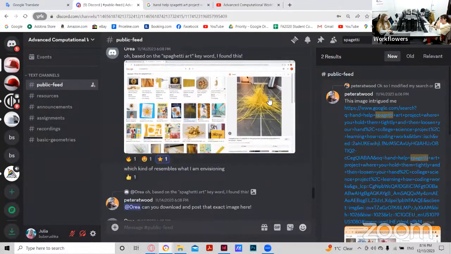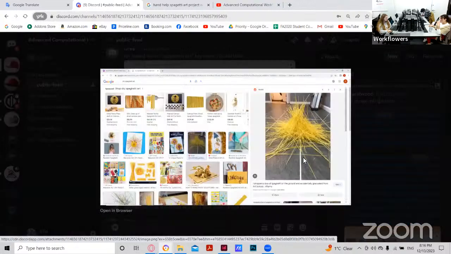Yeah, next iteration, based on spaghetti. I drop a box of spaghetti on the ground and accidentally graduate from art school. Honestly, I feel like this is so subjective all the time that I would totally agree with it too. Is this a tower? Is it a pavilion? Is it a public realm for you to walk through? If you put a couple of scale figures at the bottom, you're all set. You have your midterm project already.